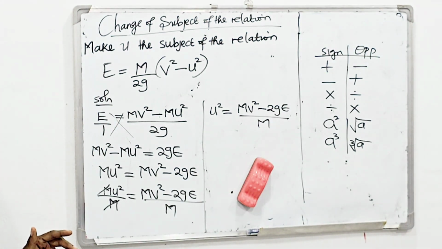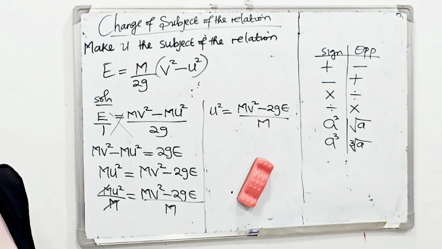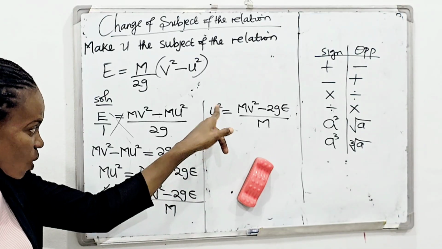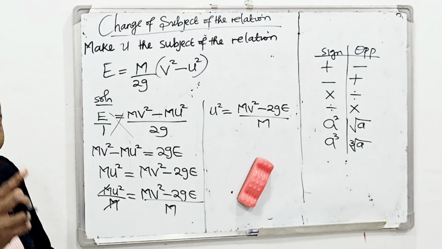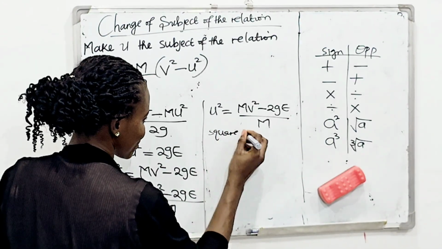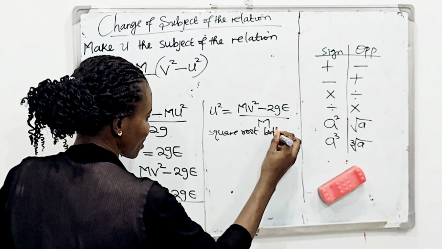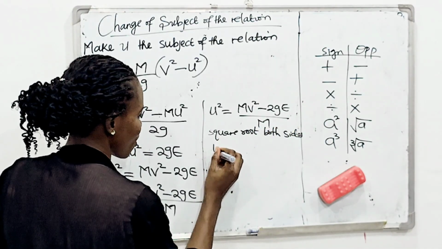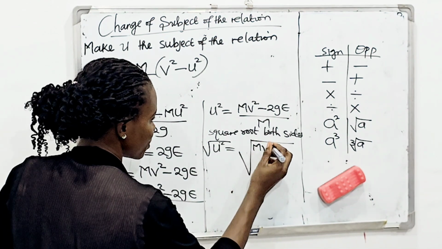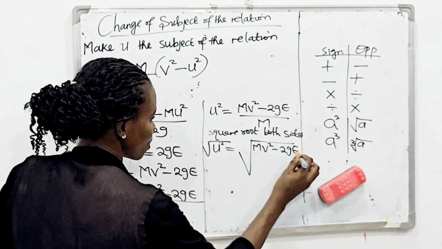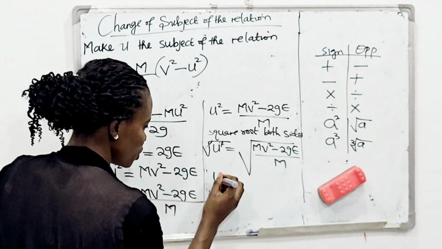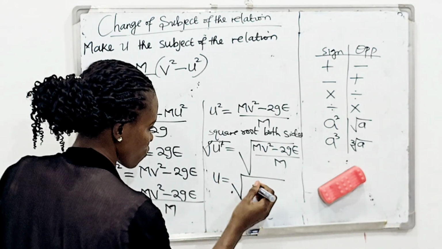Now what we want to make the subject is not U squared. What we want to make the subject is ordinary U. So only U. So if I want to make U the subject, how do I remove this square? What is the opposite of square? Square root. So I will take the square root of both sides. And if I do that, I'm going to have U squared square root is equal to square root of everything here, MV squared minus 2GE all over M. So the square root will knock off the square, and I have only U is equal to square root of